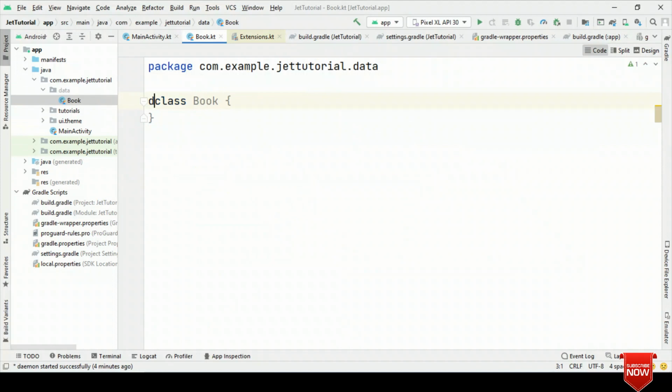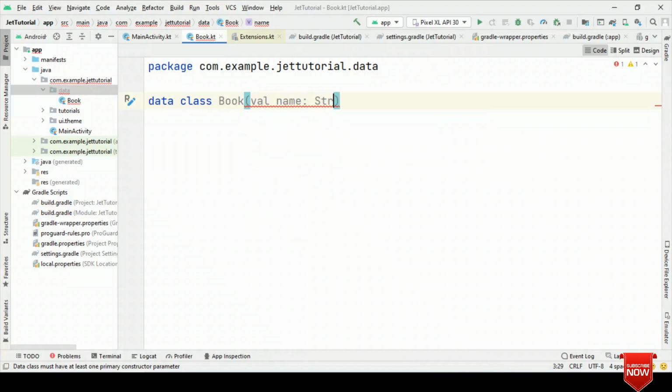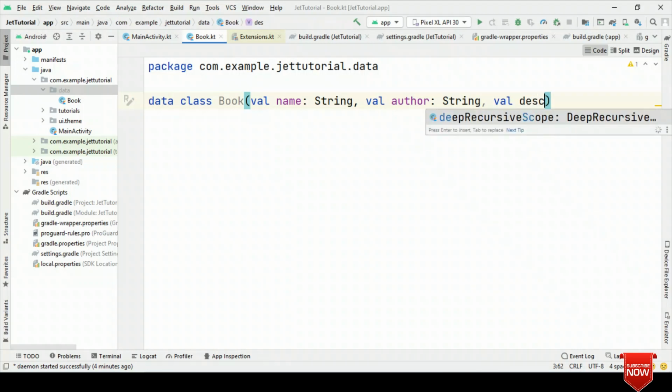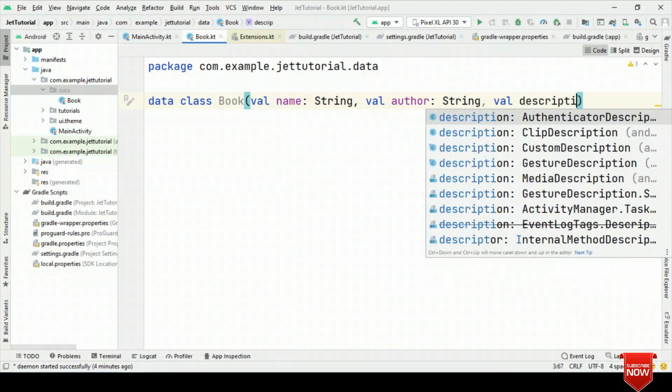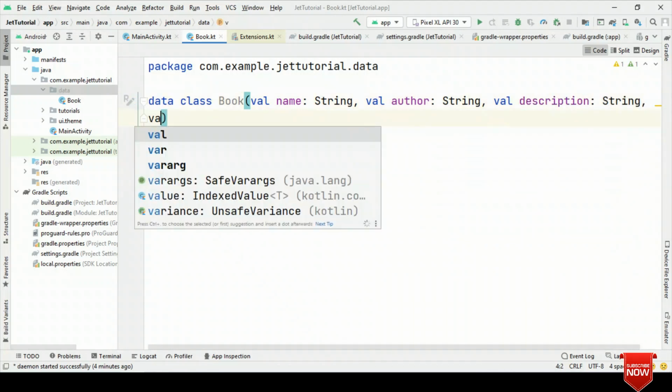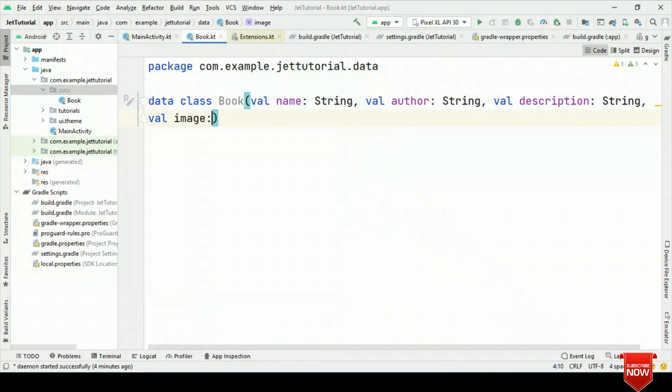We'll have this as a data class, and inside this data class, as we have details about name, so we'll say name, author, description, and details about the image URL.